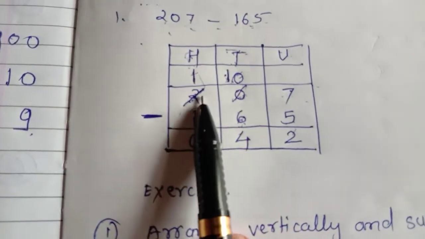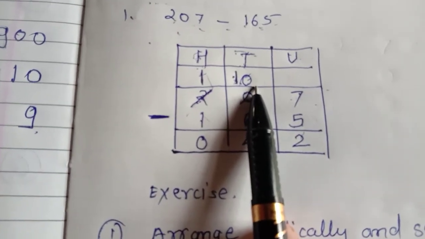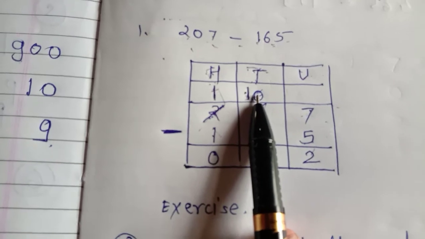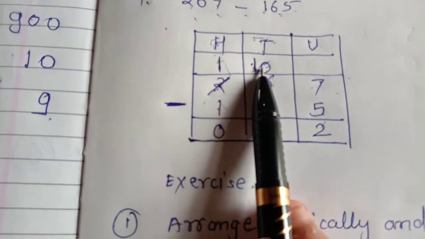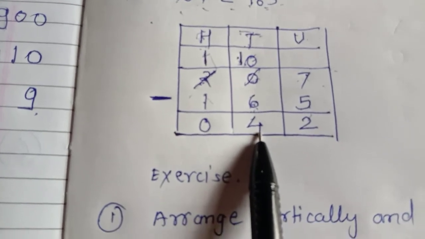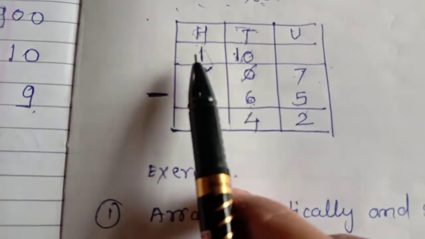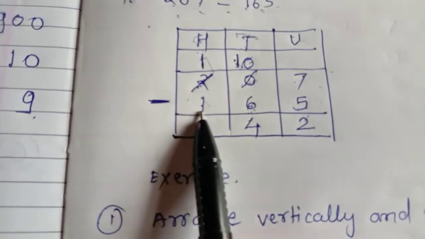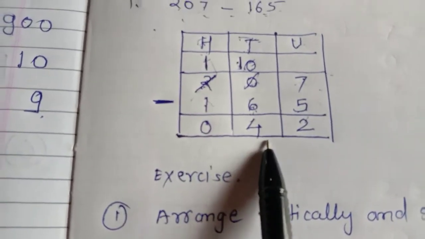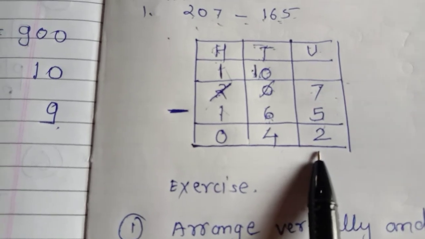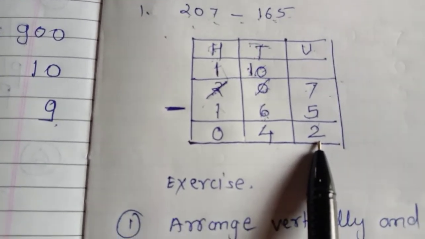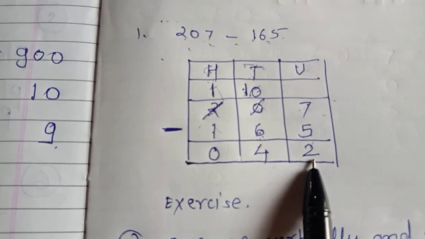100 is remaining here. 100 plus 100 is equal to 10 tens. You know this. 100 means 10 tens. Write them in the 10 place. So we wrote here in the 10 place. Subtract 6 tens from the 10 tens. So how many remaining? 4 tens are remaining. Okay. Now subtract 100 from 100. That means 0 remaining. The answer is 42. What is the answer? Answer is 42. Understand? Like this.